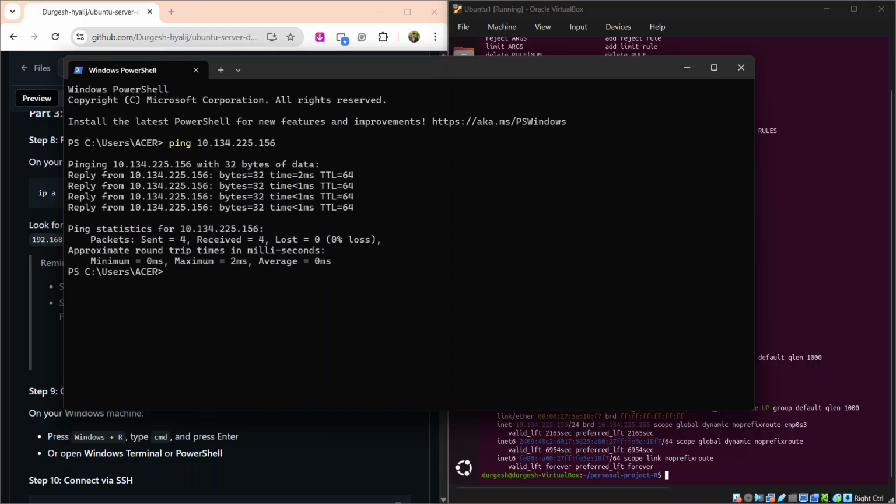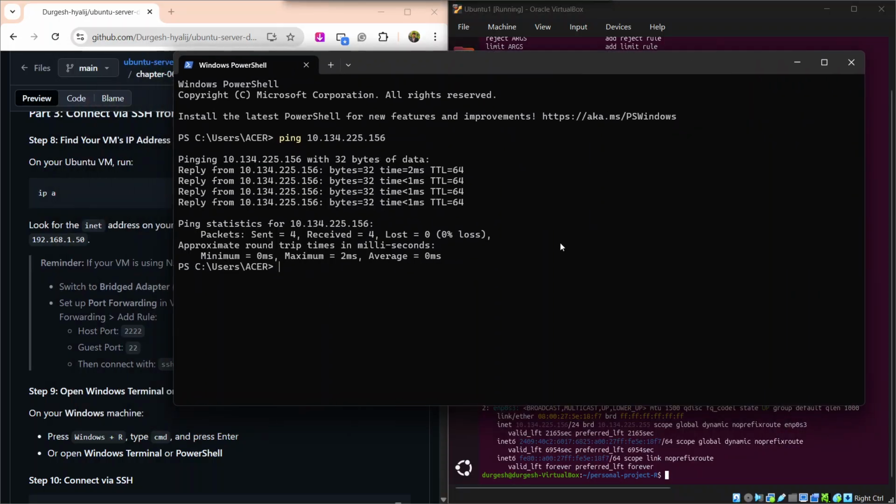That means we are successfully there. So now we are doing one thing. We are doing SSH, and the command for that is ssh Yogesh at the rate. Yogesh, my name is my device name, Yogesh at the rate,